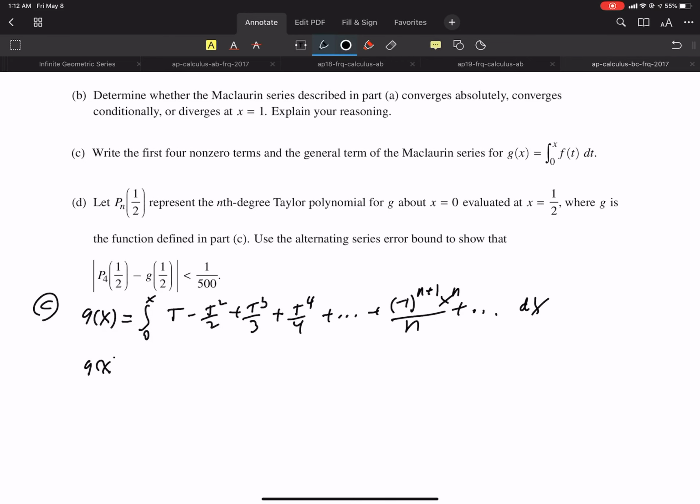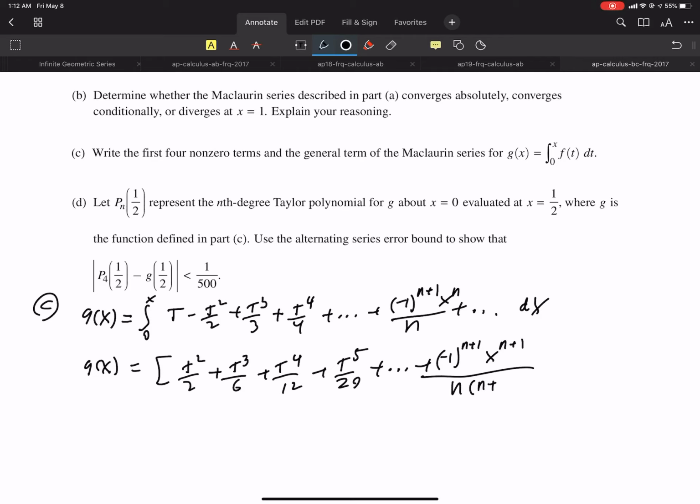And we have to take the antiderivative, so t squared over 2 plus t cubed over 6 plus t to the 4th over 12 plus t to the 5th over 20 plus dot dot dot plus negative 1 to the n plus 1. That's the constant, just stays. X to the n plus 1 all over n times n plus 1, plus dot dot dot